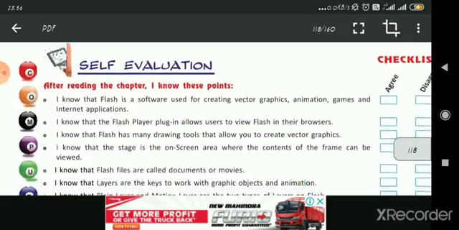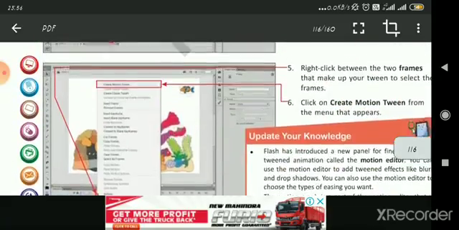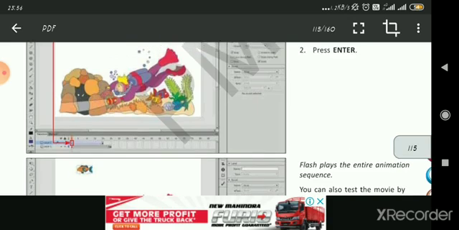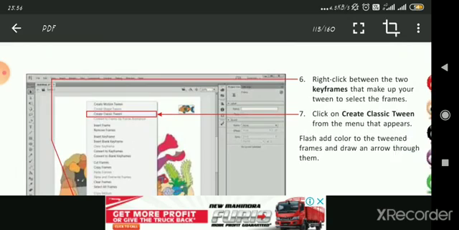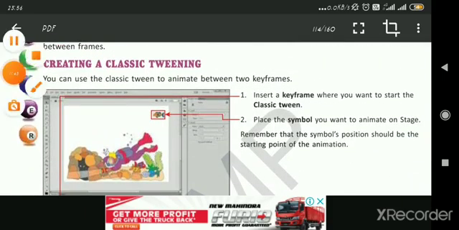So here, students, we have completed our chapter on Flash. If I get the software, then of course I will show you the practical of this also. Otherwise it is our bad luck that we didn't get the software, because Flash is now not available on the net also. It has been stopped by the company, so you will not get Flash on the net also. This is the problem why I have not shown the practical till now. But I hope if I get it from somewhere, I will surely show you the practicals of this chapter.